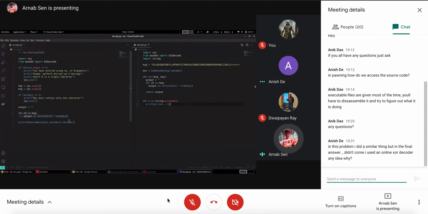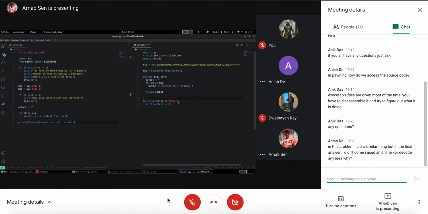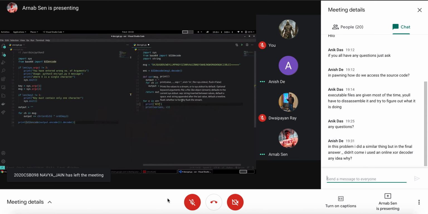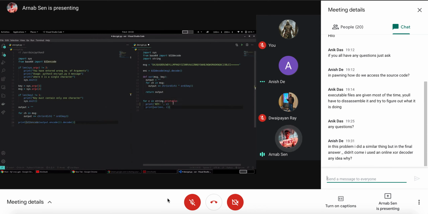I can print the corresponding key as well. So this is the encrypt file. I can also put a check over here that will make it easier. The result is something like XOR of the ciphertext and the key, right?